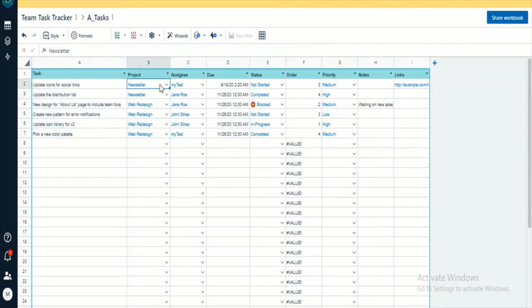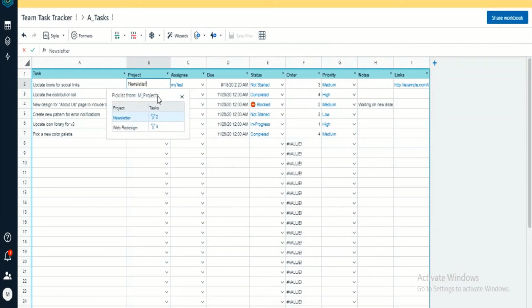Here, we can see that the project column in the A tasks table relates back to the project in the project table. While the displayed value in the tasks table may just look like text, the cells in the project column actually store a full row in the projects table. The link, indicated by its blue color, is what we call a row link. When you click on the blue row link, you can see below that all the values are displayed from the